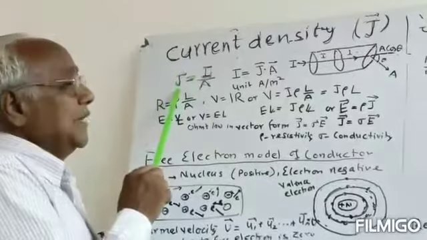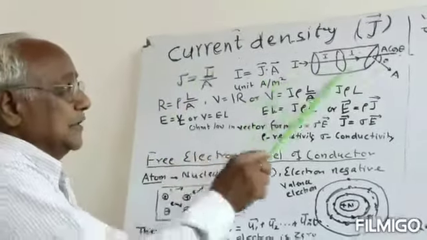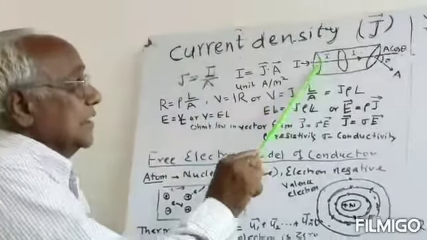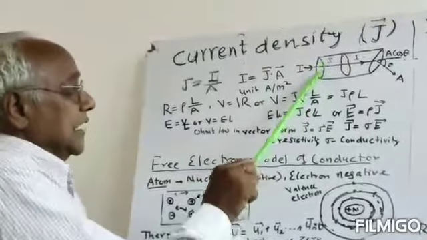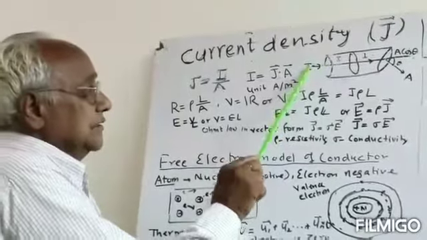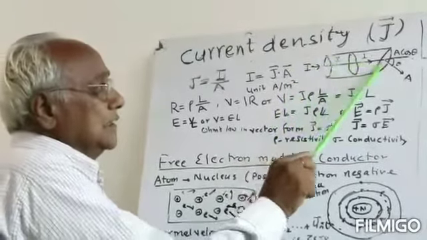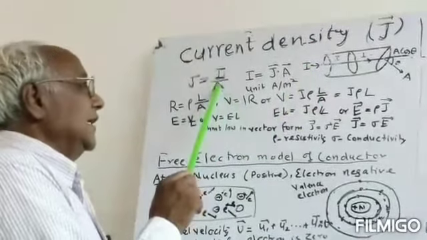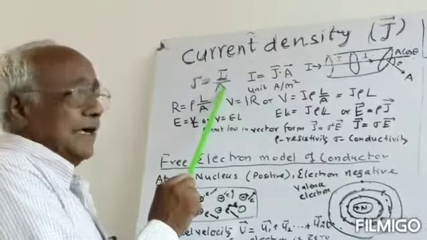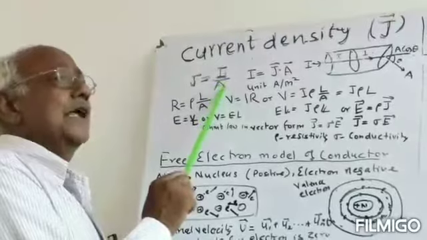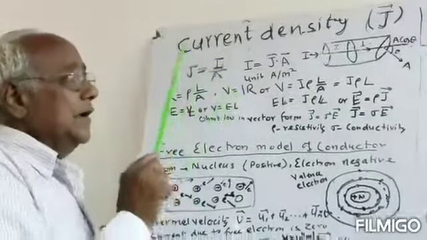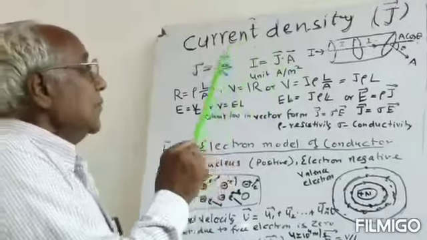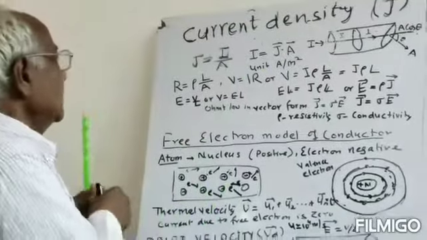So current density will be equal to the current passing through this conductor, I, divided by the area of cross-section. In this condition, the area of cross-section is normal to the direction of current. Means we can take A as the area vector. Actually, area is a scalar quantity, but we can make it a vector quantity by giving it a certain direction, and the direction of area is perpendicular to its